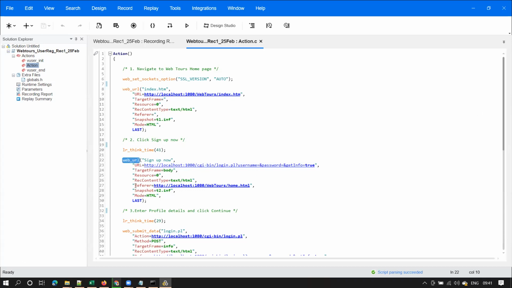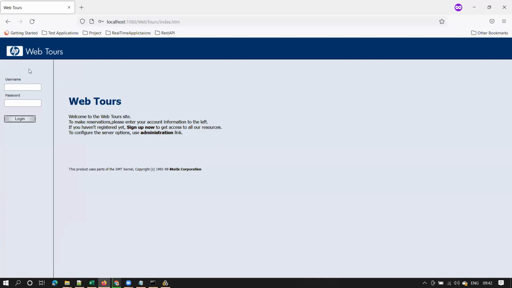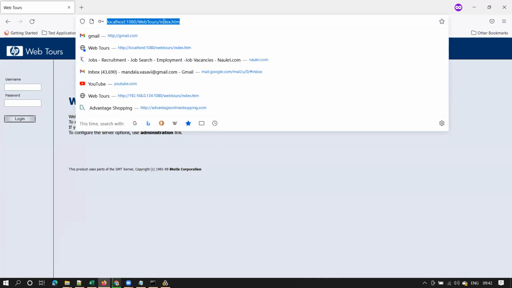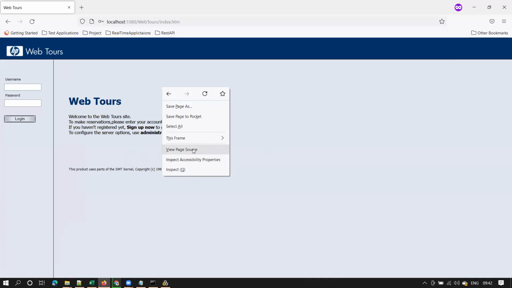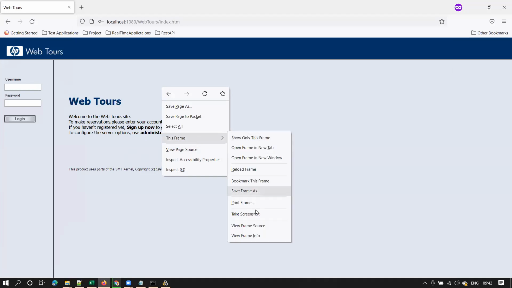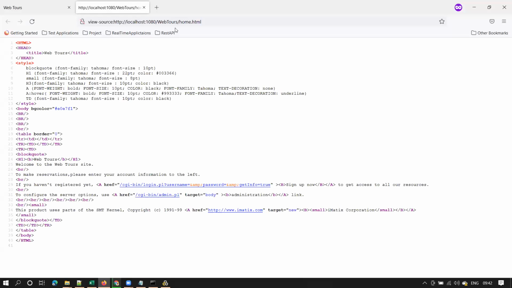And observe here, there is something called referrer. Referrer webtools home.html. I'll explain what this referrer is. Basically, once you go to the webtools folder, observe here, this is index.html. This is the main URL that we used. And your sign up now, where is this option there? If you click on view page source, this frame and view frame source.